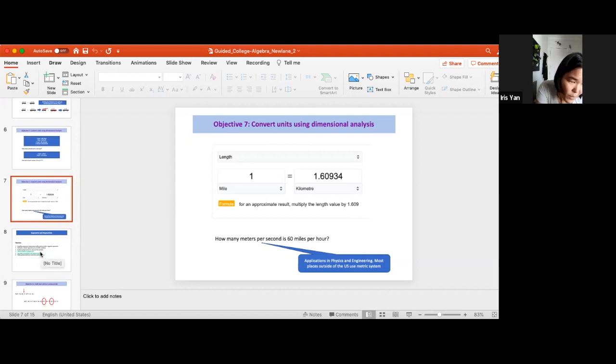And I didn't know how much 1 mile was. So this is what Google gave me, 1.6. I'll just use 1.6. For an approximate result, multiply by 1.609. I was like, for an approximate result, multiply by 1.5. But anyway,